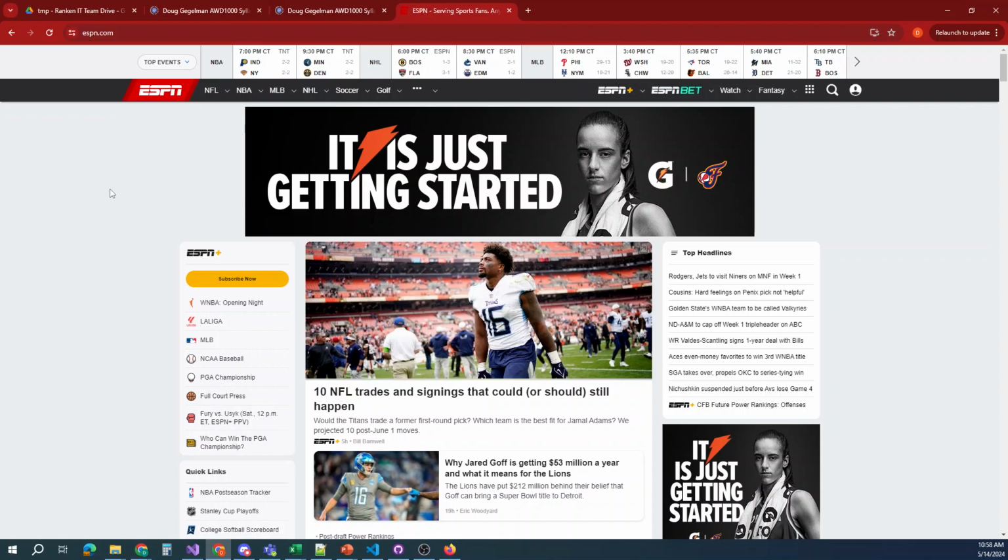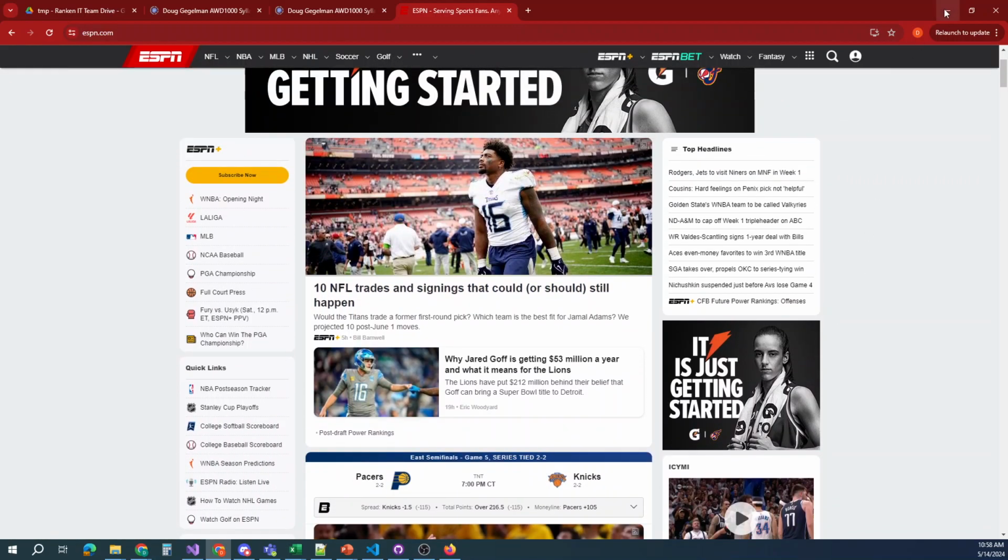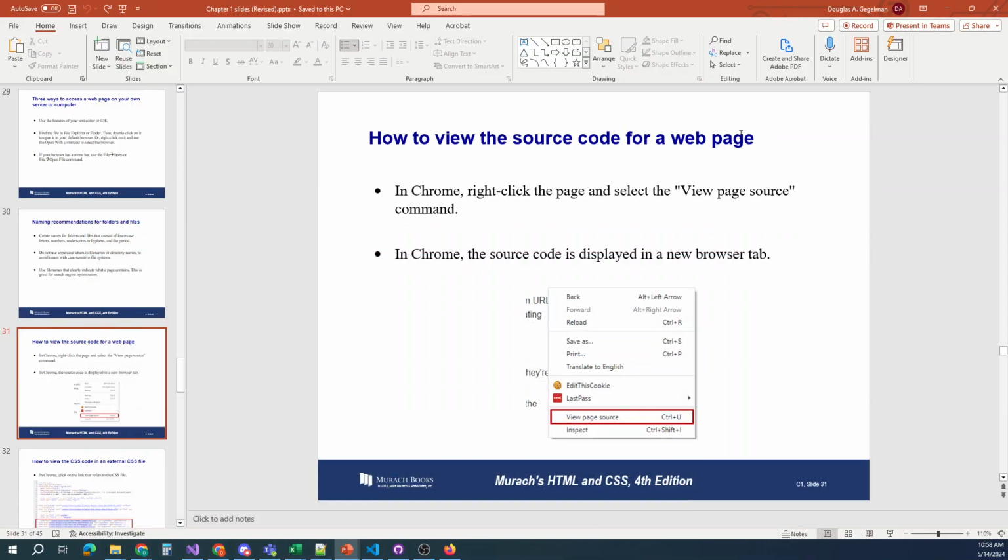And I know some here still do look at the page source and see what's going on with it. I still will. If I find a cool page or something that I like out of it, I'll go look at the page source and see what's going on with it. And like I said, every website has that. Let's see if I can find